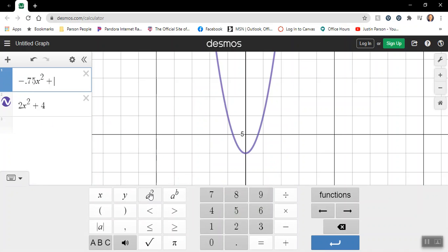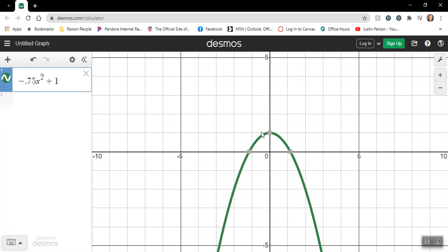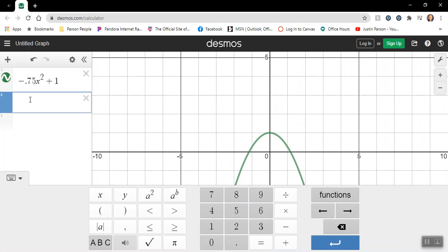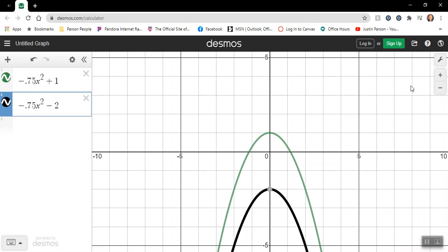Was it plus 1? Okay, there's that function in green. There's that. We think that g of x should be negative 0.75x squared minus how much, kids? 2. Okay. Does it look like from the green graph to the black graph right here that we went down